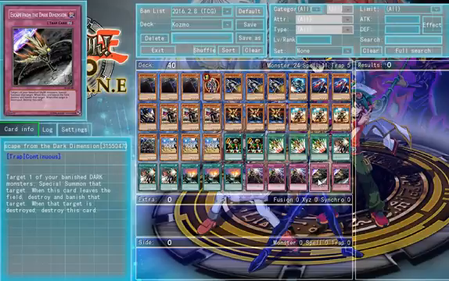So, basically, your higher level dark monsters can come back for round 2. If they're destroyed before this card's destroyed, they go to the graveyard, so then their effects can activate again to recycle. Basically, that's the gist of this deck. I mean, if you want to add Xyz monsters, then rank 4 is definitely the way to go. But it will take away